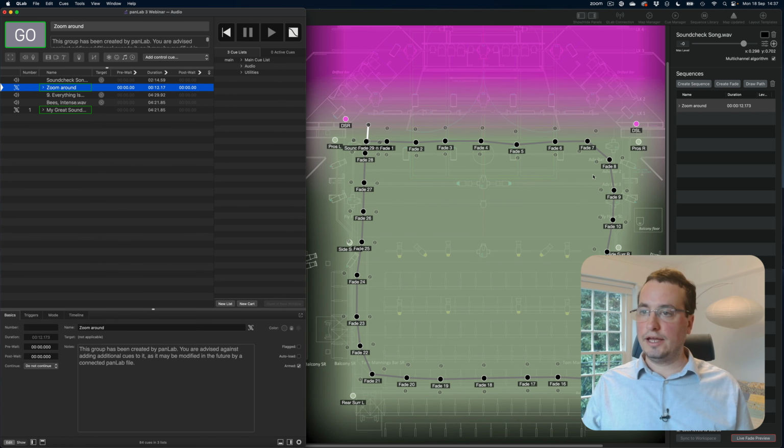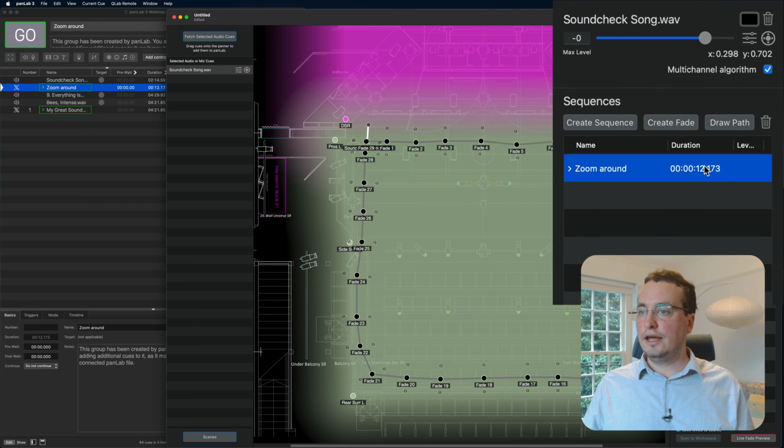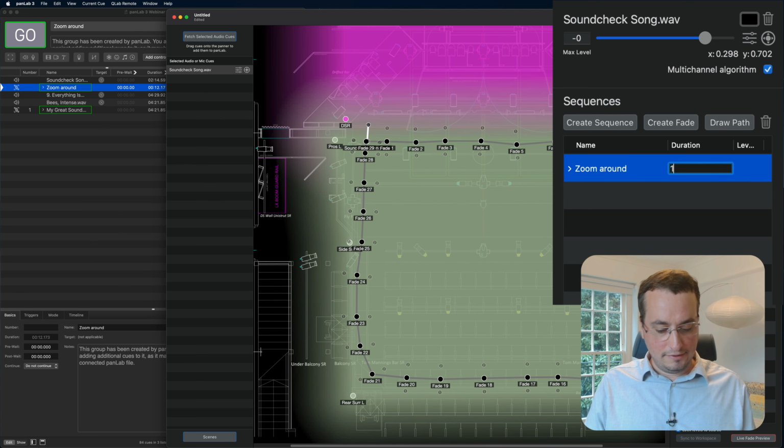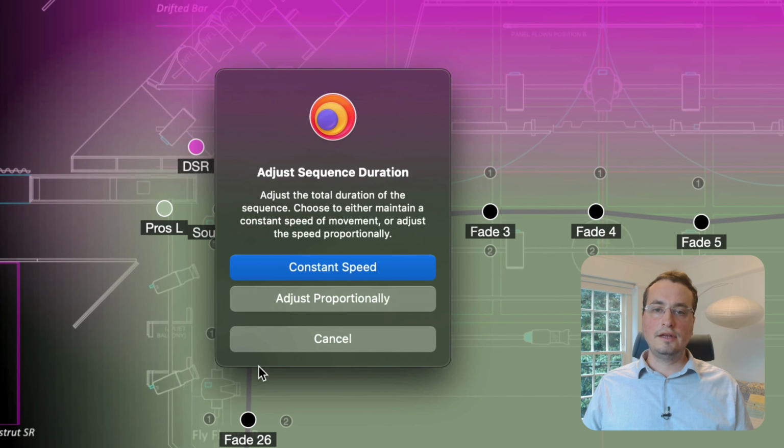Let's stop that playing in there. There's a few things I can do to this. First of all, I can change the duration of it. So let's say this was from some big sound effect and the director really liked it, but it was a little bit quick. We could type in 15 for 15 seconds into the duration box, hit enter, and we're given